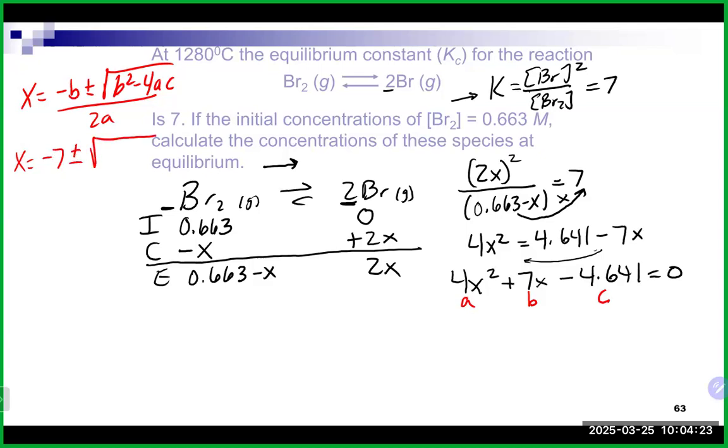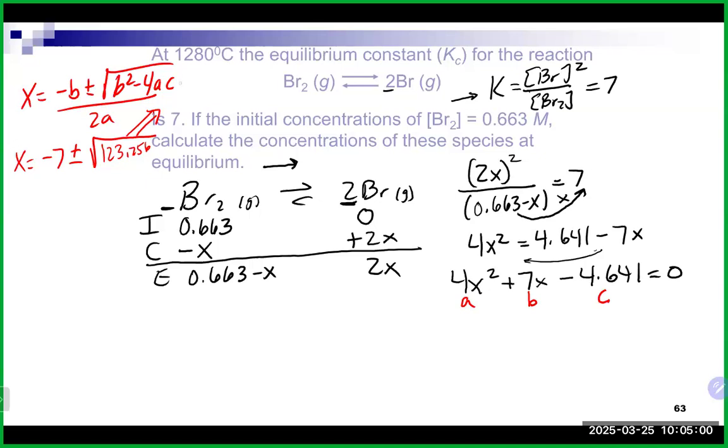Now, if I do everything in the square root there, I'm going to take b squared, which is 7 squared, minus 4 times a, which is 4, times c, which is, again, negative. We do need to keep the negative there, 4.641. And if I do all that inside the square root, you get like 123.256, to which if I take the square root of that, we'll end up with